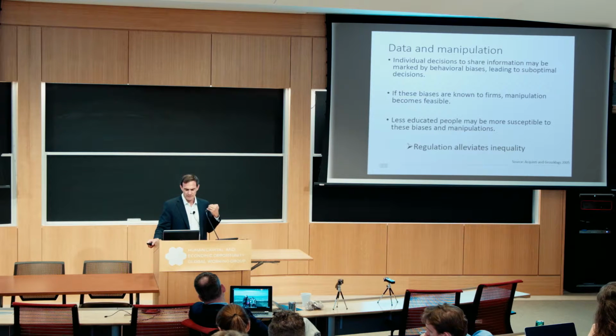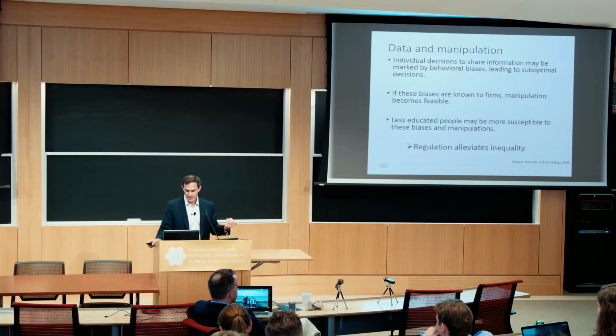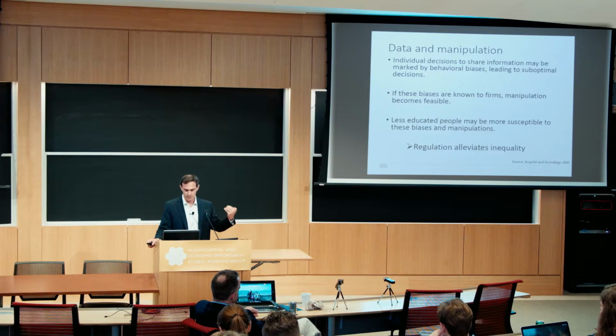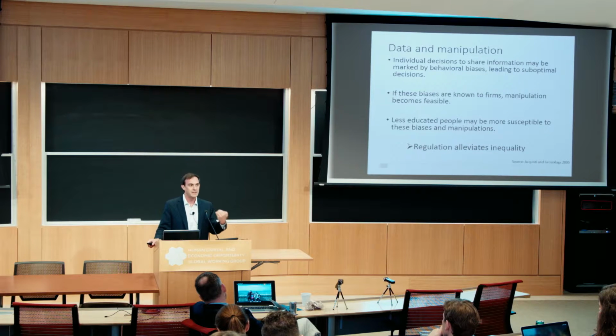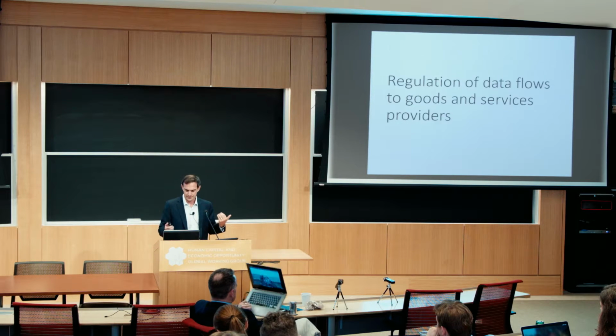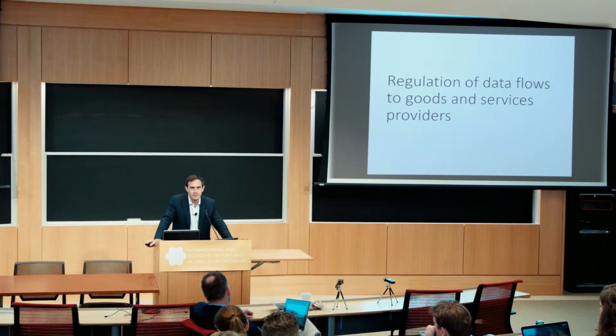And then if less educated people or lower income people are more susceptible to these biases, which there is some evidence to suggest, then they will be more susceptible to this manipulation by firms. So here is a situation where regulation of how firms can collect information and what they can collect could potentially alleviate issues related to inequality. So it depends. Once again, it's going to depend. So another example,